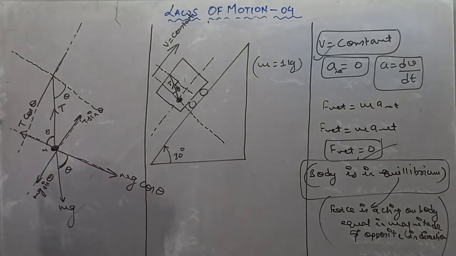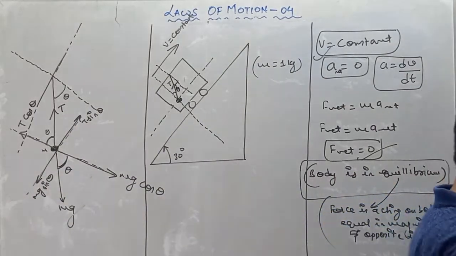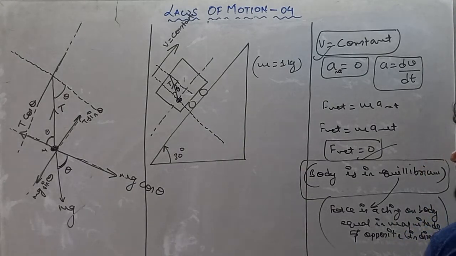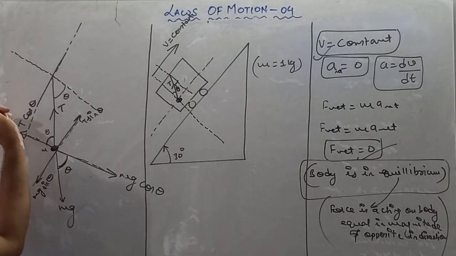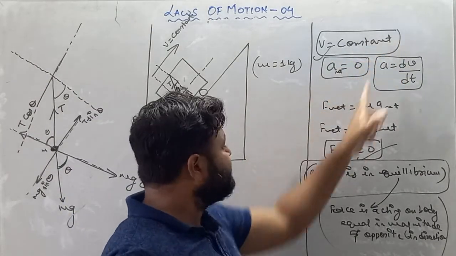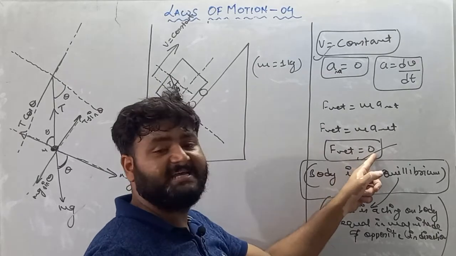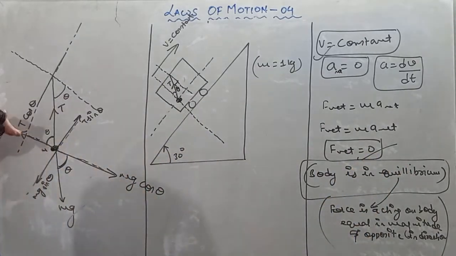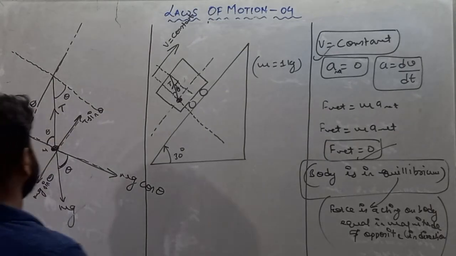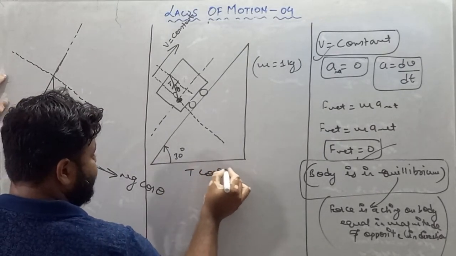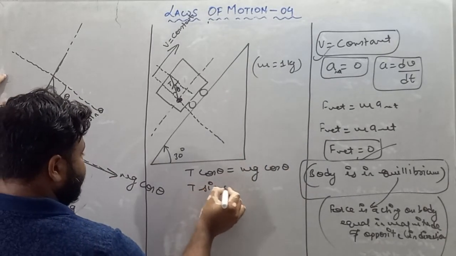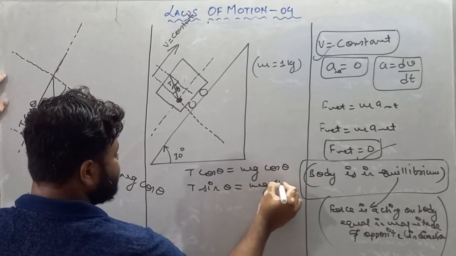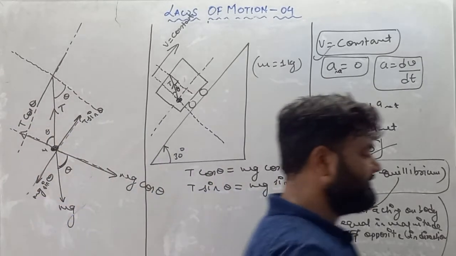Now see, my dear student, in the question they are saying the system is in equilibrium, which means opposite forces are equal. So this force mg cos theta is countered by T cos theta and velocity is constant. So we'll say net acceleration is 0, or we can say F net is 0. The body is in equilibrium, which means forces in this direction and this direction are equal. So we'll write T cos theta must be equal to mg cos theta and T sin theta must be equal to mg sin theta. I hope you all are understanding these terms, beta.